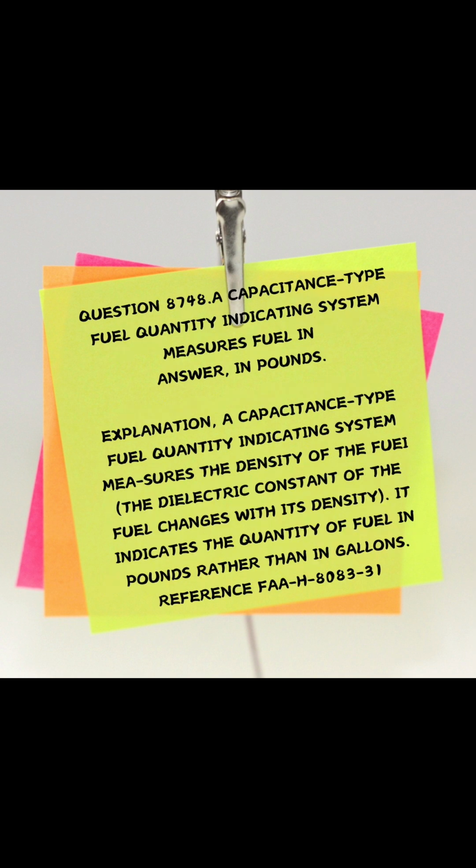8083-31. Question 8748. A capacitance-type fuel quantity indicating system measures fuel in. Answer: in pounds. Explanation: a capacitance-type fuel quantity indicating system measures the density of the fuel. The dielectric constant of the fuel changes with its density. It indicates the quantity of fuel in pounds rather than in gallons. Reference: FAA H